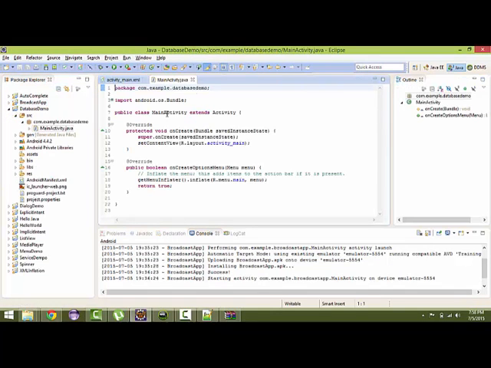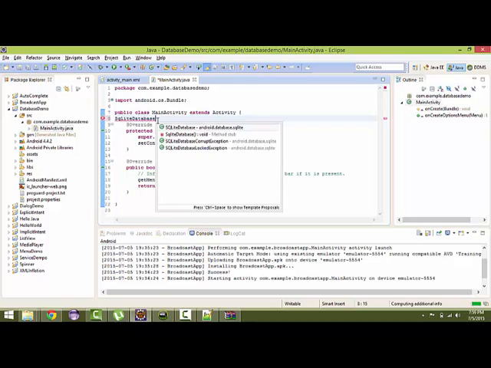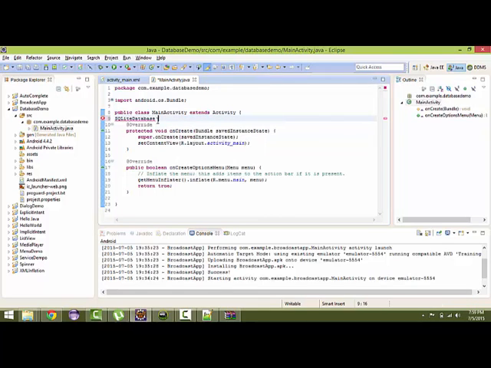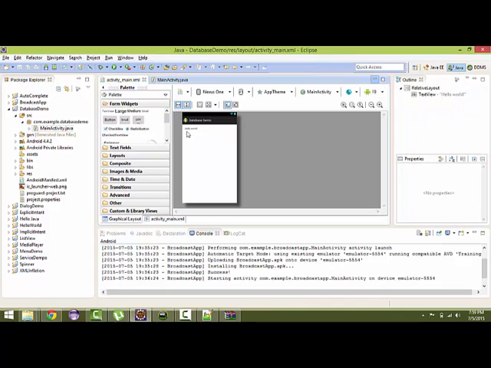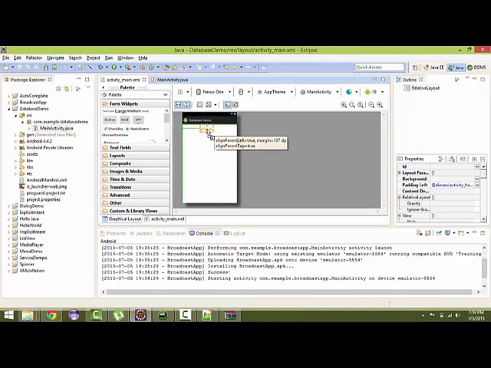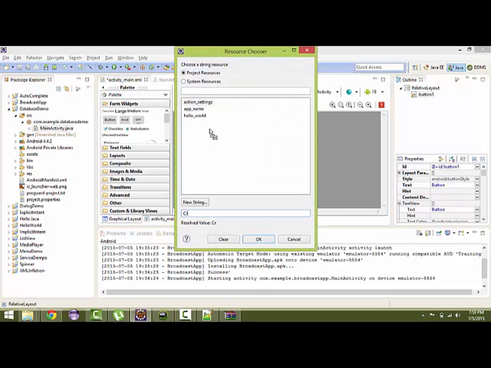Basically we are going to work with SQLite database. android.database.sqlite.SQLiteDatabase is a class. I am going to create a variable for this. So step 1, I should create a database first of all. What I'm going to do is drag a button for it. Let me name it as create